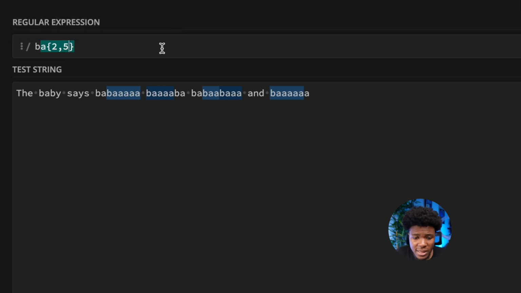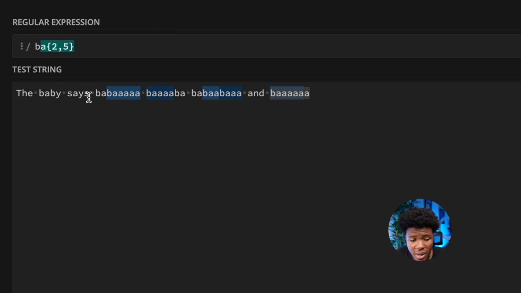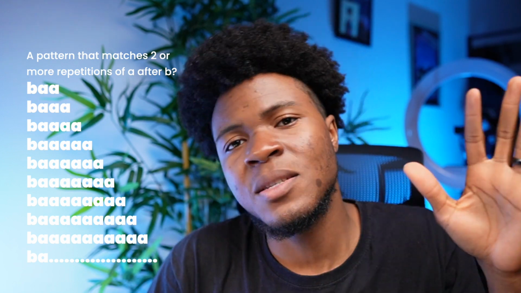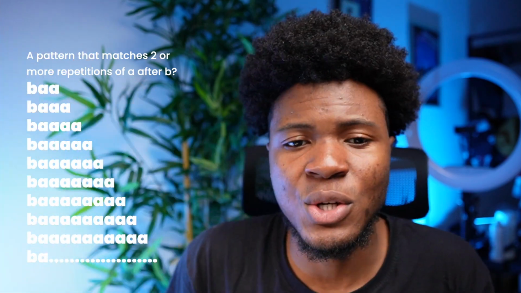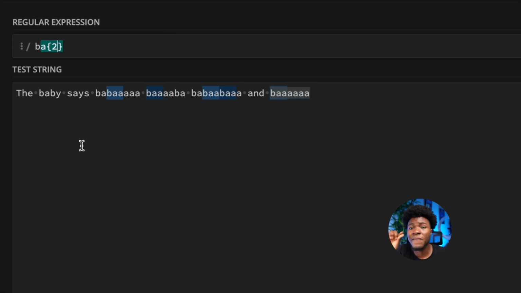And if I should make this 6, you can now see that this last string now matches completely, but I'm going to change it back to 5. So don't forget, in the quantifier here, 2 is the minimum, 5 is the maximum. Now let's say you want to do something as 2 minimum and then the maximum is infinity. So match 2 or more repetitions. In that case, you can remove the maximum but leave the comma, because if you remove the comma, it's going